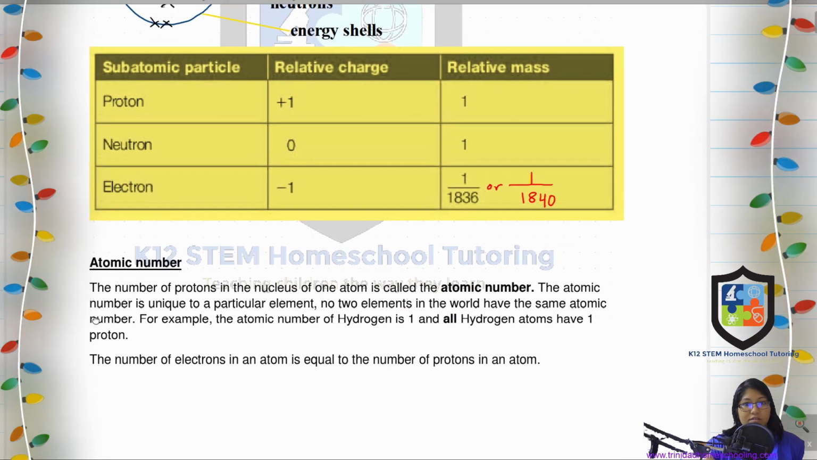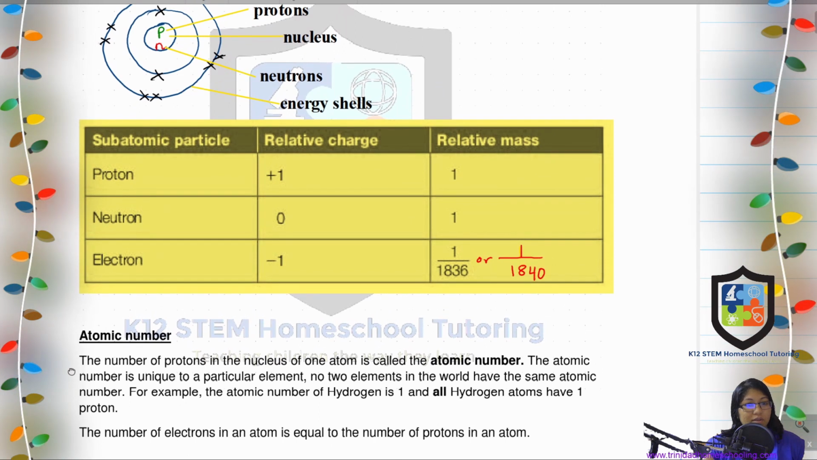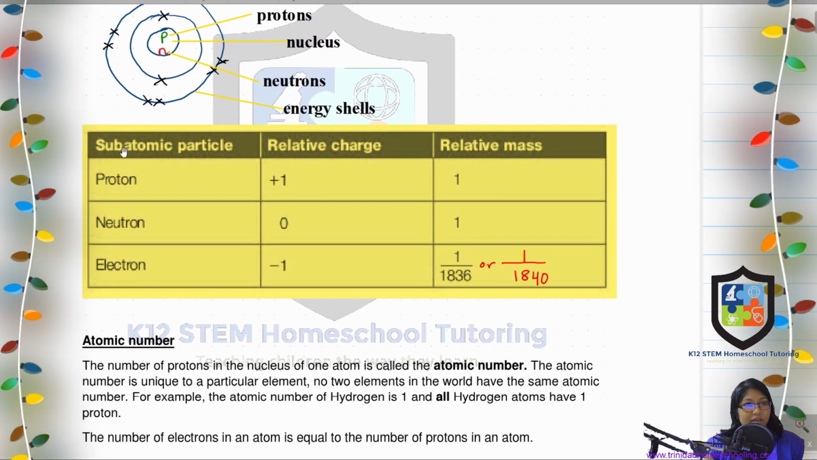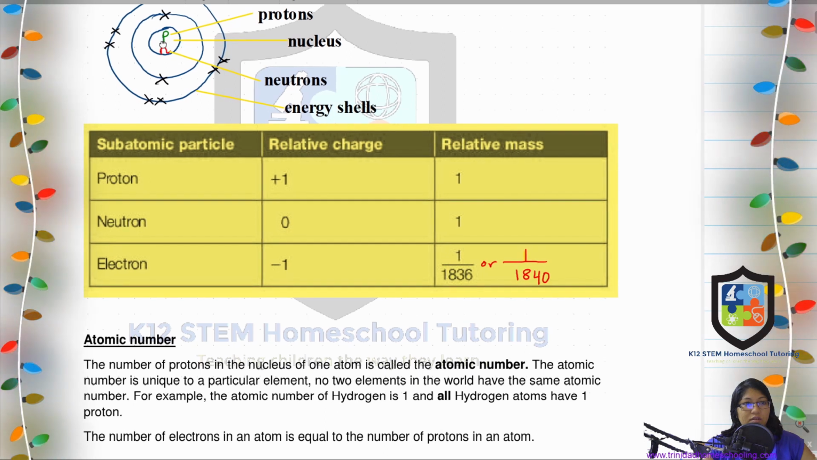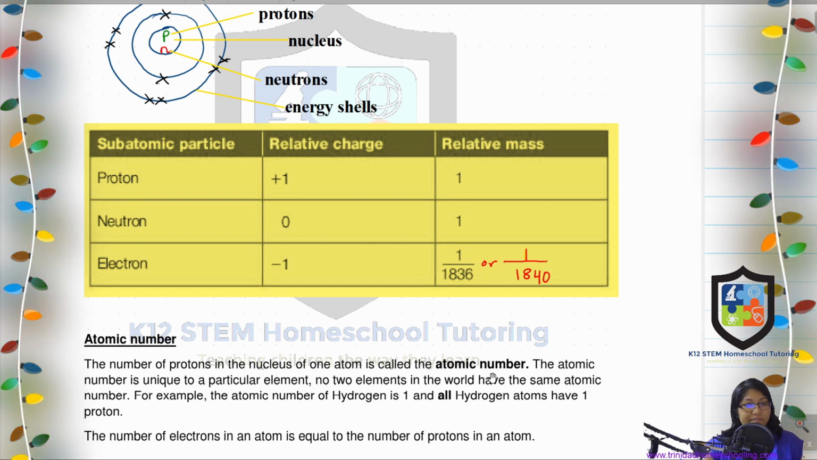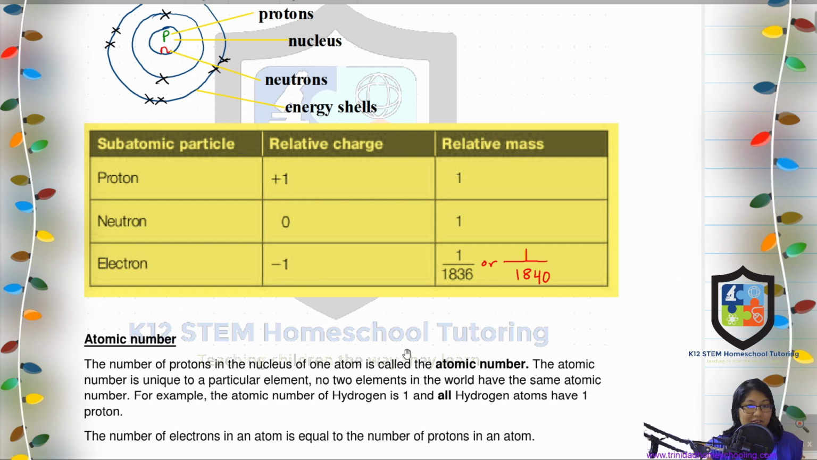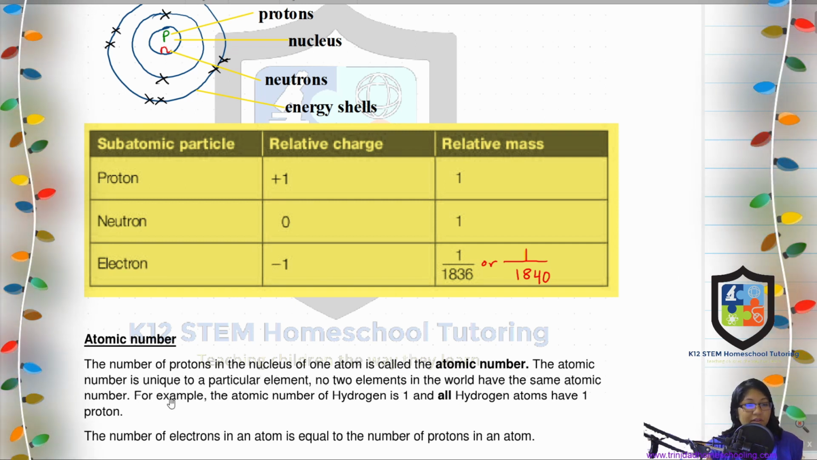Now let's look at the atomic number. The number of protons in the nucleus of one atom is called the atomic number. So here we said we had protons in the nucleus of an atom. The number of protons is called the atomic number. The atomic number is unique to a particular element. No two elements in the world have the same atomic number. If two elements have the same atomic number, it is the same element, right? It's not different. For example, the atomic number of hydrogen is 1, and all hydrogen atoms have 1 proton in